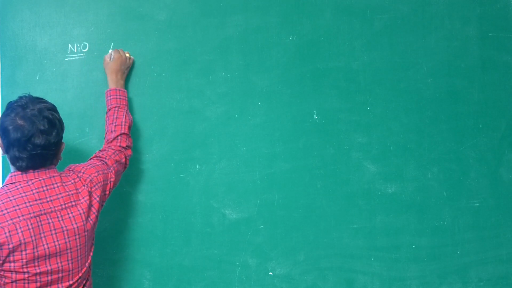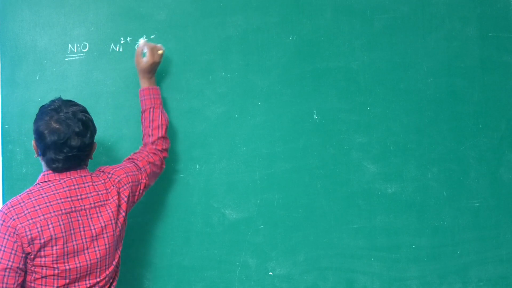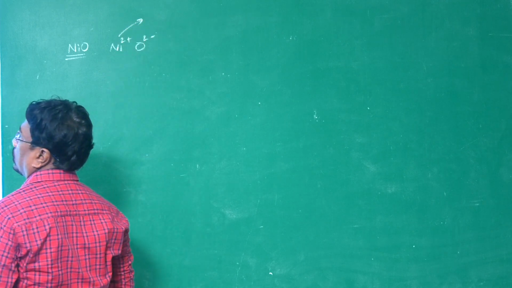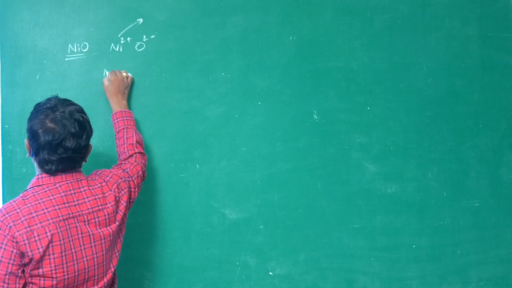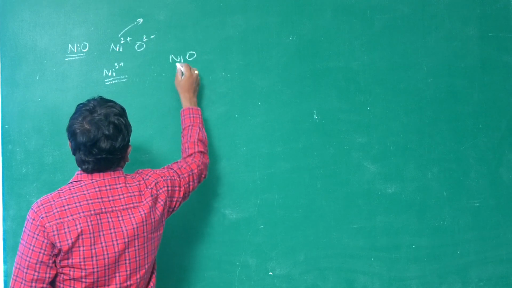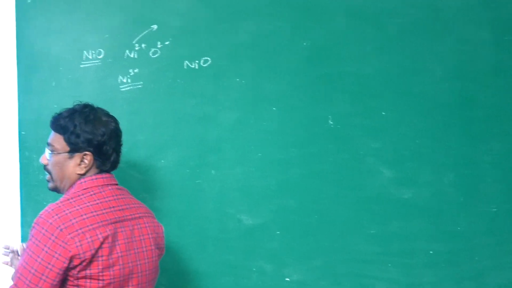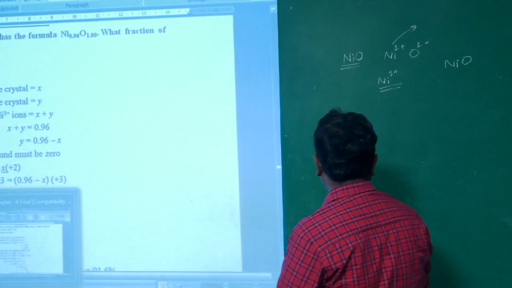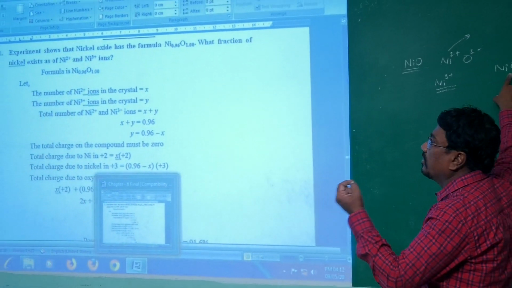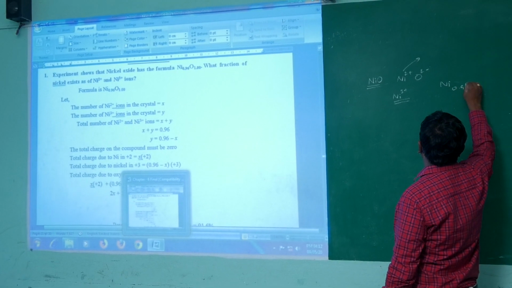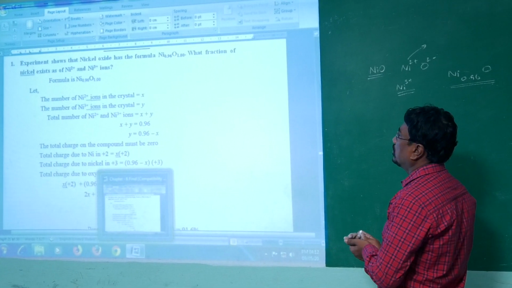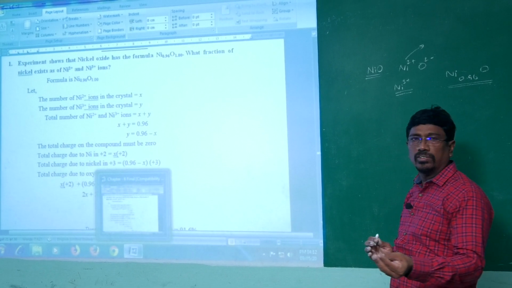Probably Ni here with plus 2 oxidation state, oxygen with minus 2 oxidation state. If one Ni2 plus went out, it has to be compensated by addition of Ni3 plus. So, into the NiO, a few Ni3 plus entered, and therefore the number of nickel atoms gets reduced. Metal deficiency defect. It comes to Ni0.96O. It is because of elimination of Ni2 plus. Some Ni2 plus were converted into Ni3 plus.